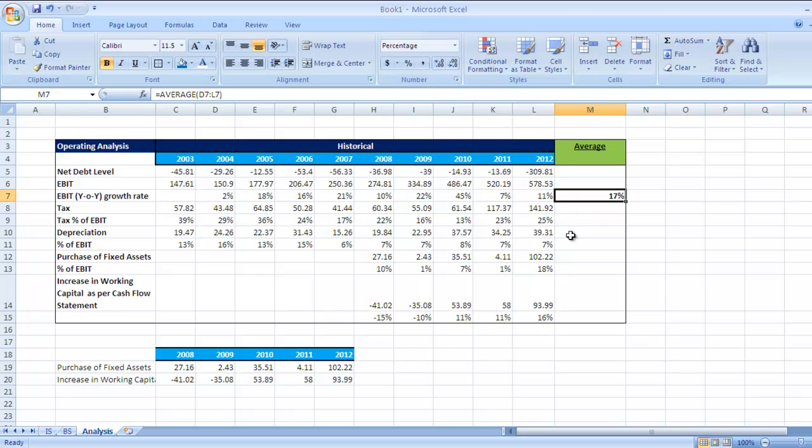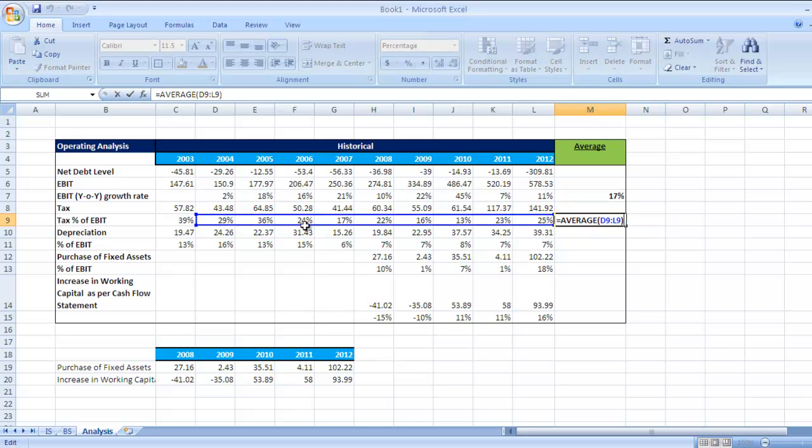Now if you want the average figure for all the other percentages, what you can do is Control C and Control V. But in this case you need to check whether you are taking the right input. For example, go to this 23% cell, press F2, and you will see that one figure is left behind and we are not considering that.